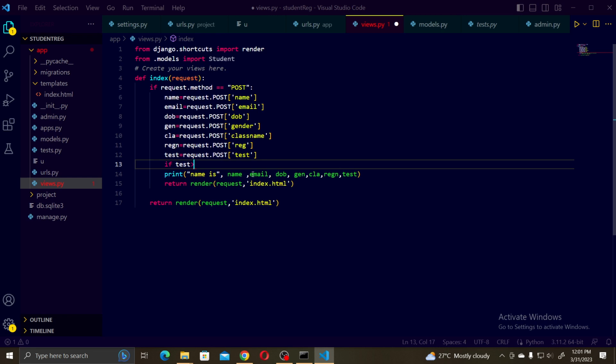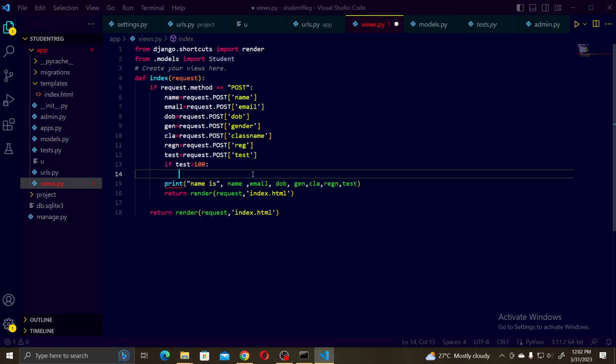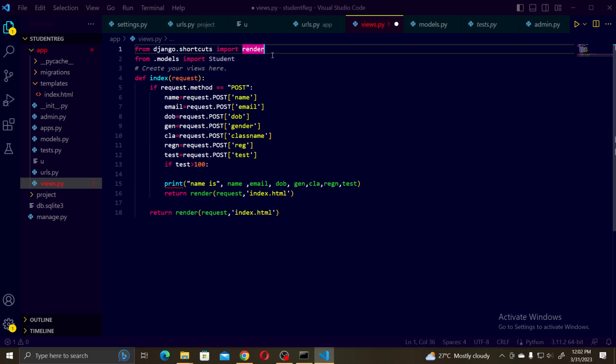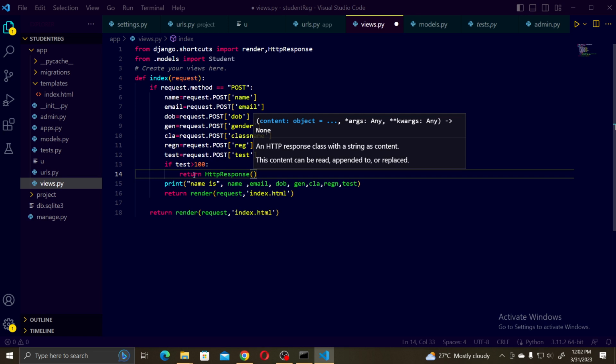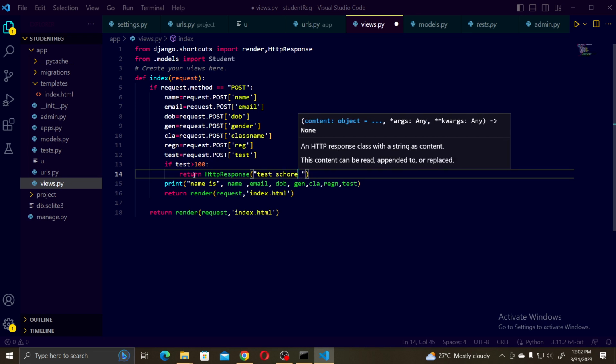if test is greater than 100, then we need to HTTP response here, or Django message you can show. I just use the HTTP response. So render comma HTTP response, return HTTP response, and return HTTP response. Test score